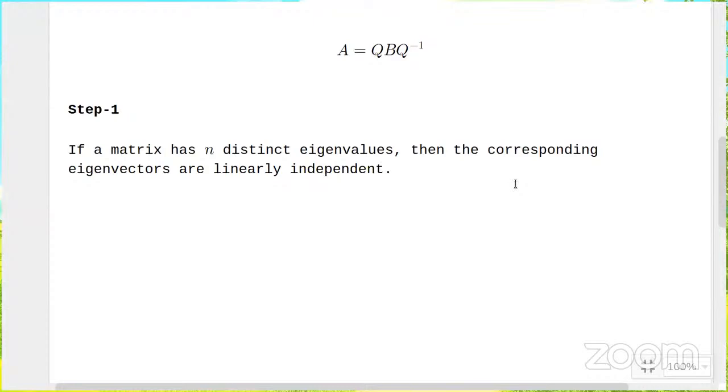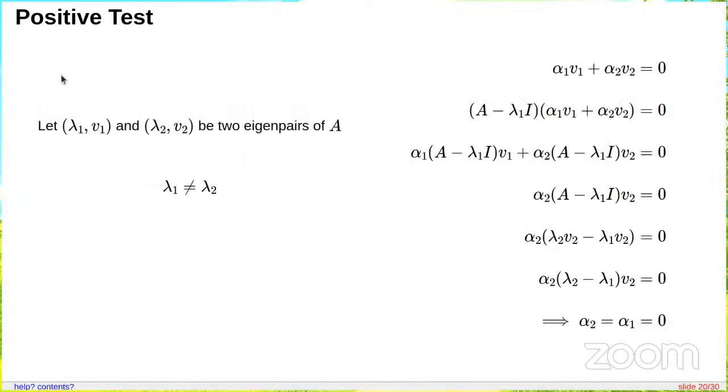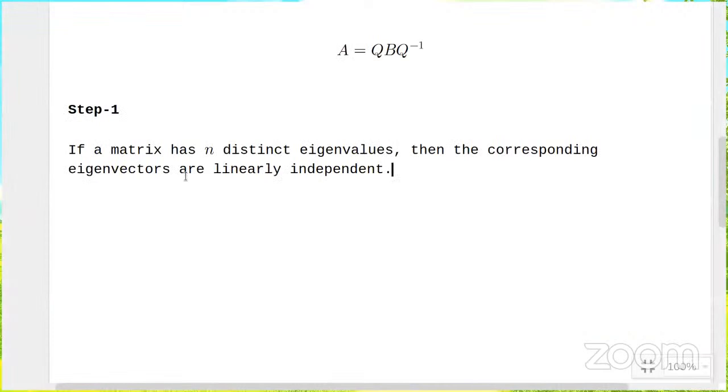Okay, this is what we just showed. Namely, if there are 2 distinct eigenvalues, then the corresponding eigenvectors are linearly independent. I've just extended it to n distinct eigenvalues, then the n eigenvectors are linearly independent. Okay, that is what the first step is. The next step is